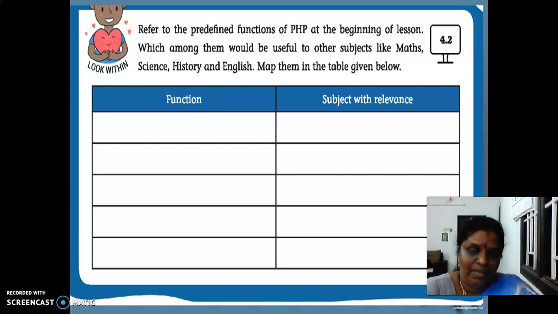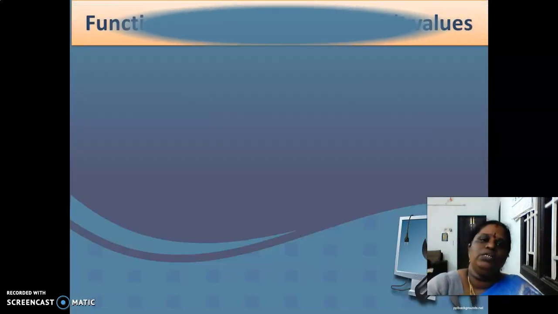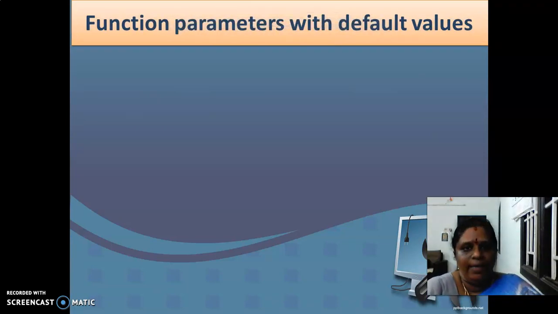Map them in the given table. Like the calendar function can be used for history, or the array function can be used for maths. Character function can be used for English. Likewise, you want to map your subjects with your functions. Got it?